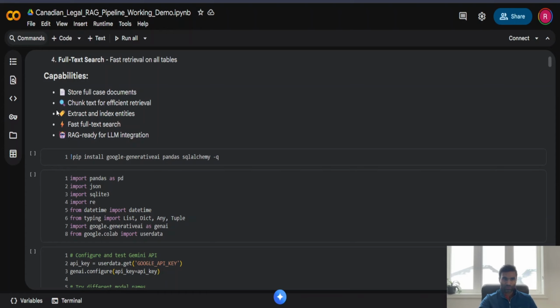So what are the capabilities we have in this particular demonstration based on the SQLite database? Store full case documents, chunk text for efficient retrieval, extract and index entities for fast full text search, and RAG ready for LLM integration. So when we have any RAG system, or Retrieval-Augmented Generation system,